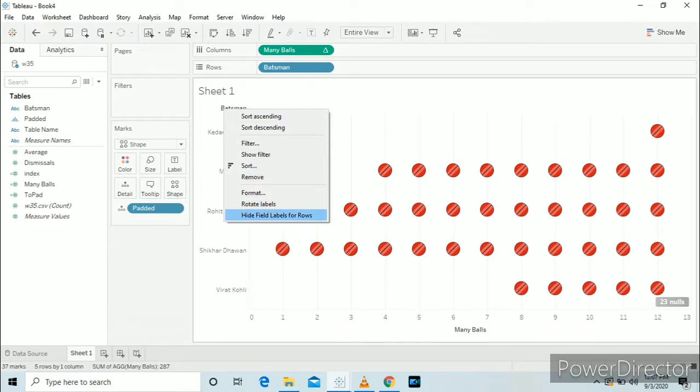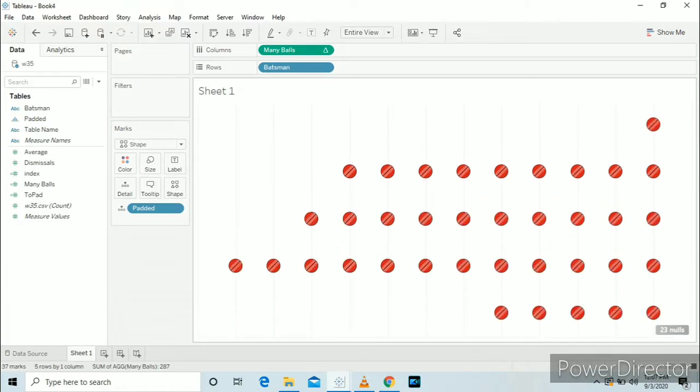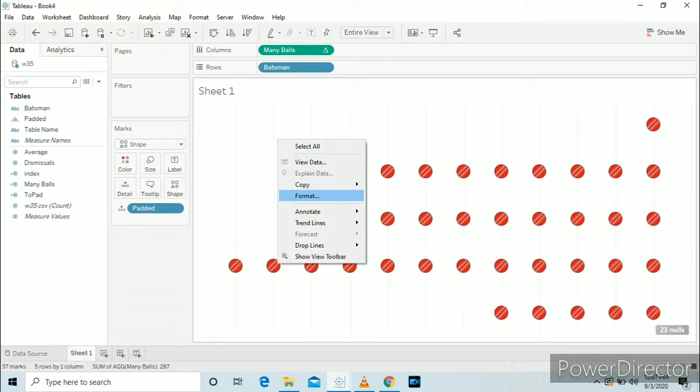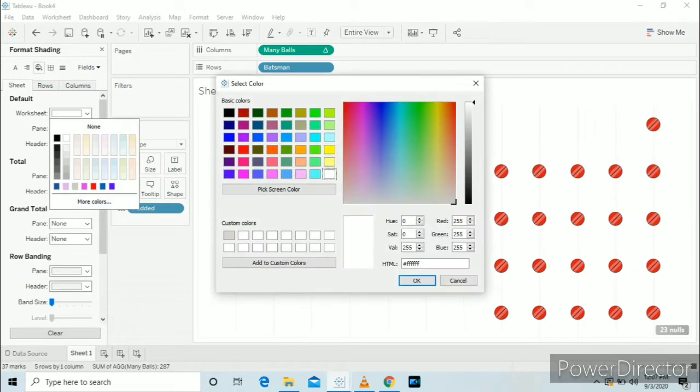Now we will just do some formatting: hide the labels, remove the headers, remove the grid lines. Give the background color 2255A4, which we used in our background layout in Figma. Click on OK.